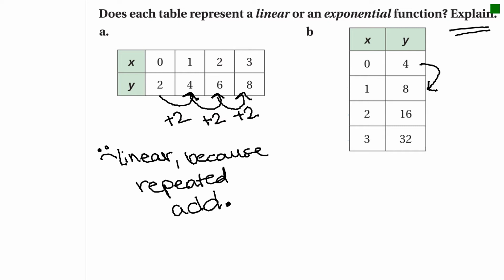All right, B, 4 to 8. We can either add 4 or multiply by 2. Let's see, 8 to 16: definitely to get to 16 we have to multiply by 2. 16 to 32, multiply by 2. Repeated multiplication, so this is exponential